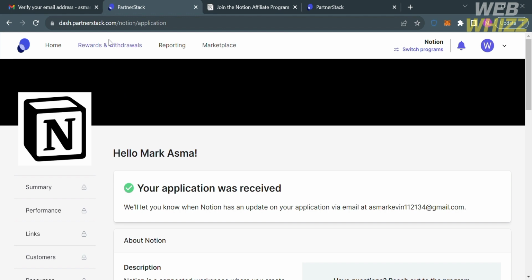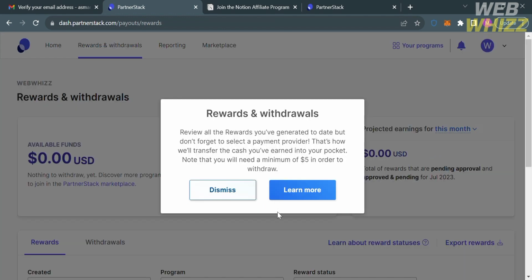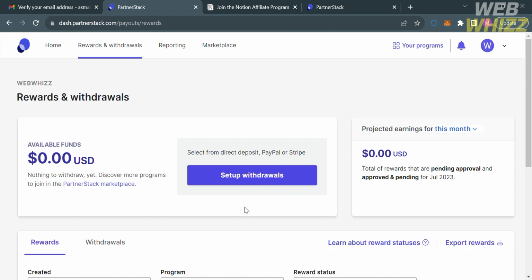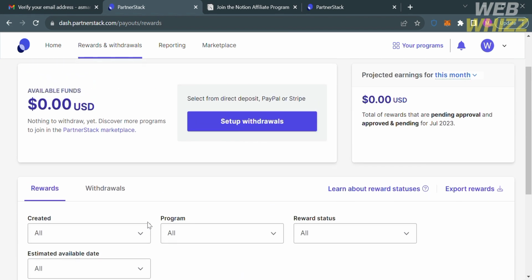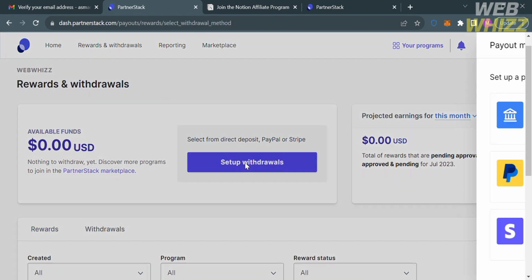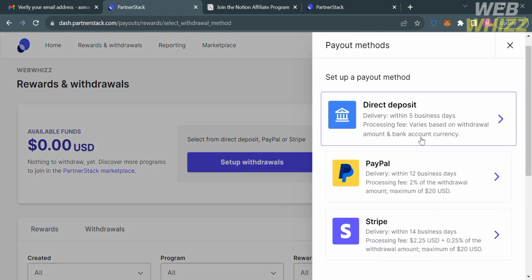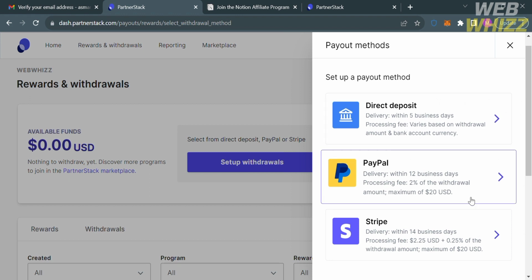If you are now earning a commission, you will receive it in here under the Rewards and Withdrawals, below which you will see your available funds that you can withdraw by setting up withdrawals in here. Below, you can track your rewards history, in which it will show you the total rewards that you received from your invites. And now to set up withdrawals, you have the 3 payout methods, such as direct deposit, using PayPal,